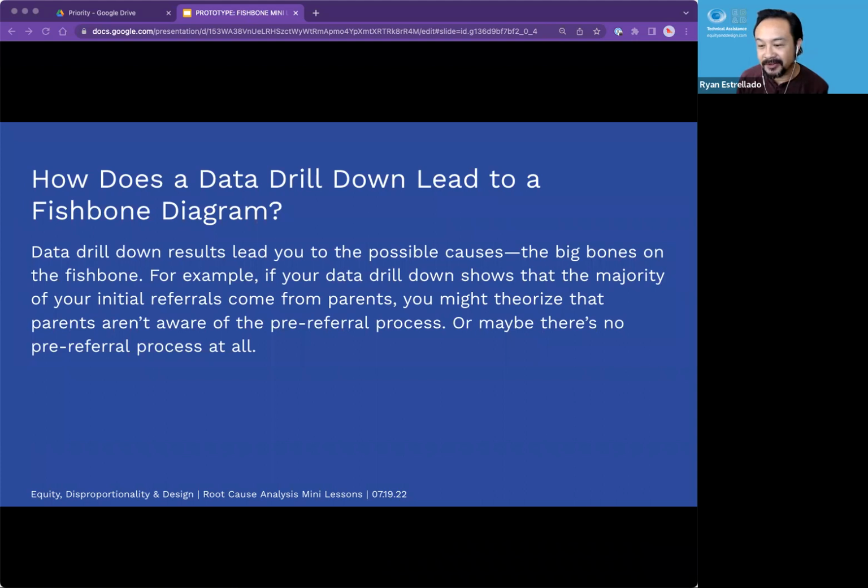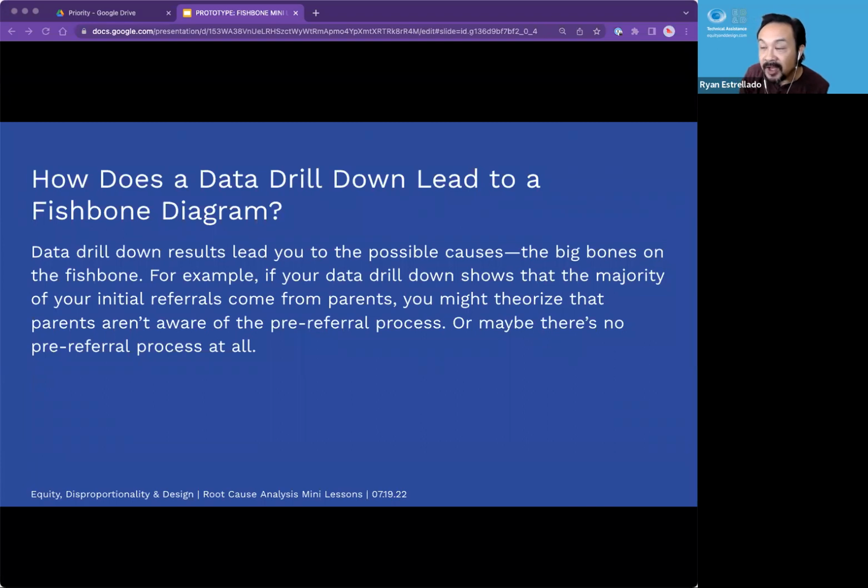Yeah, really good question. So we've got all these processes and tools that we're giving you. And so it's understandable that sometimes they can just feel like tools in a toolbox and you don't necessarily know what it is that you're building. So glad that this is a question. And here's the way we think about this. The data drill down that you did, so we've just got done grading a bunch of these assignments for y'all, and what you learned in your data drill down